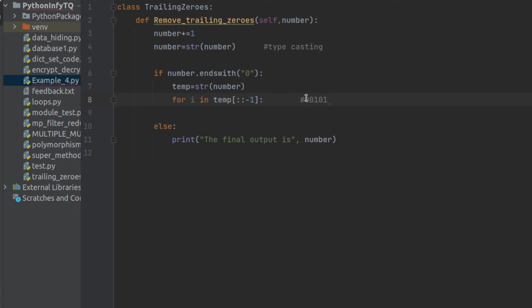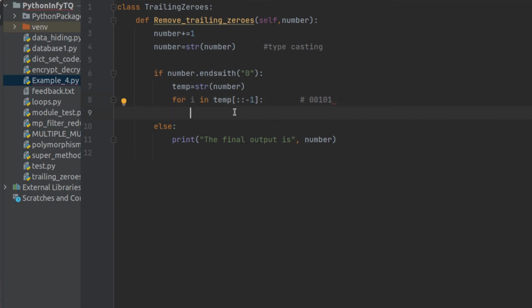So from the end I can simply put a logic that whenever I get a 0, I will apply the logic and simply update the value. Otherwise, if I get any other number, in that case I will simply stop the condition and exit the loop. So this is how I can simply put the logic over here, right? So this is all about this.